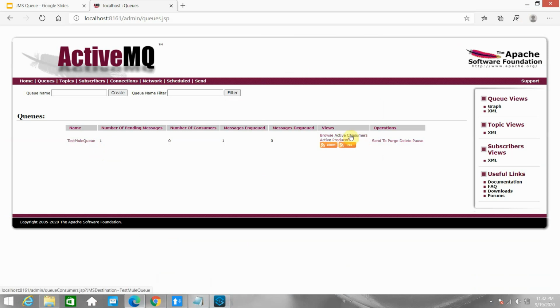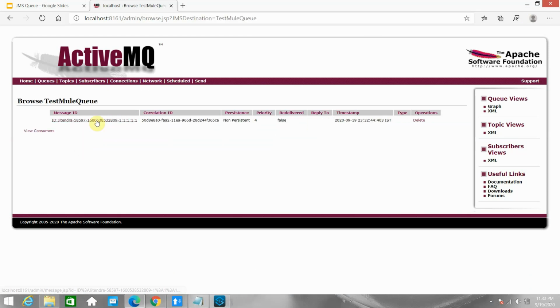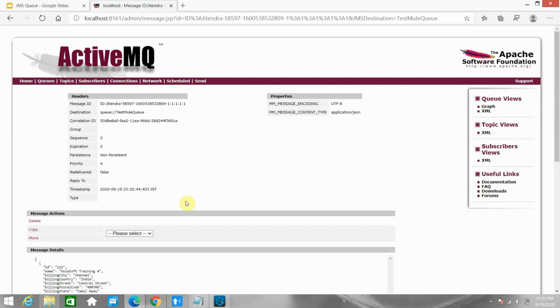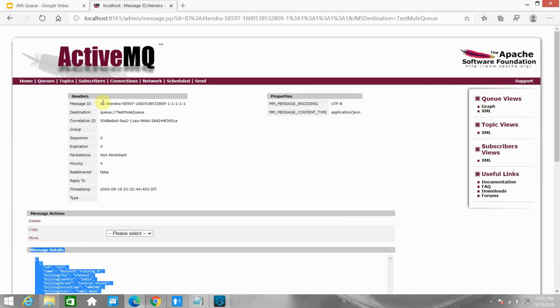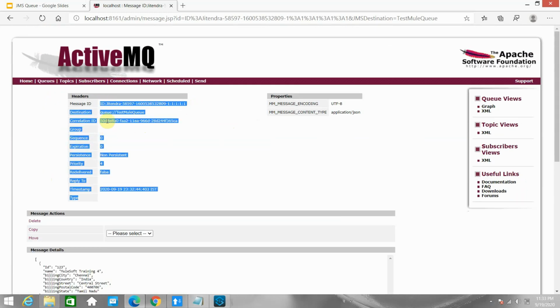You can click on this test mule queue, and this is the message I have, and you can see the correlation ID also. This is the message I have sent. You can see the message ID and the correlation ID.